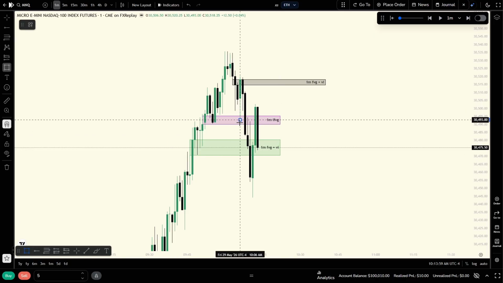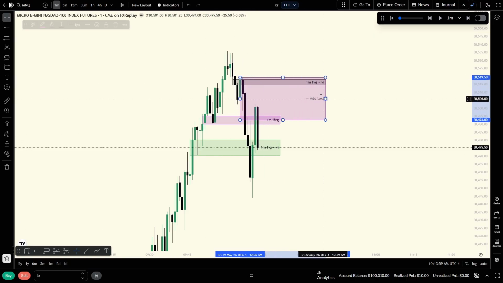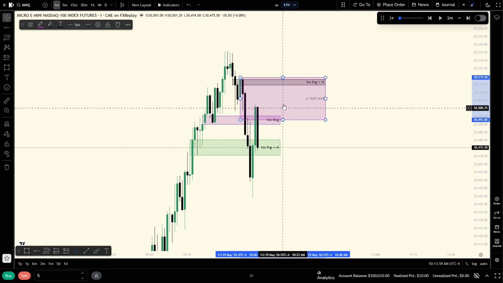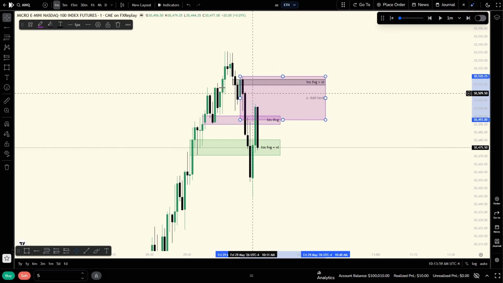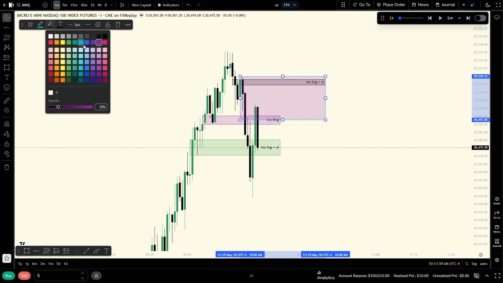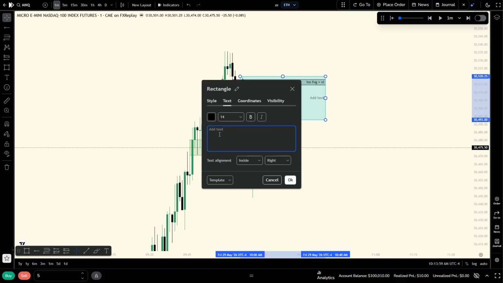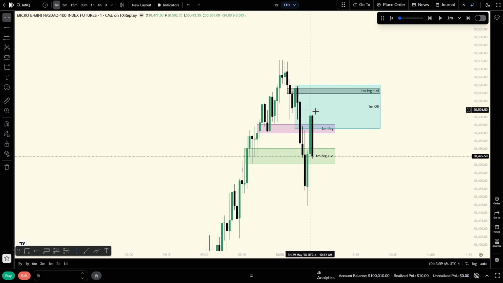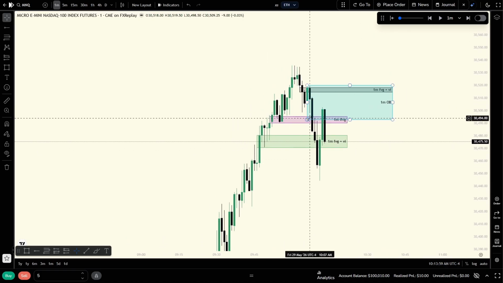Let's have this marked out as well. This 1 minute order block. Oops. 1 minute order block. That respected. Let me inverse here. This is a 1 minute order block. Now, though we inverse this one,